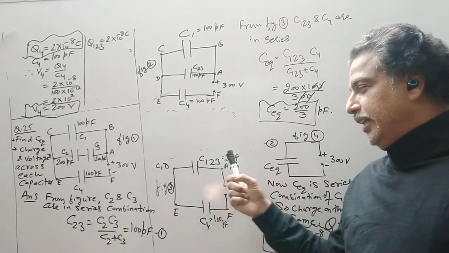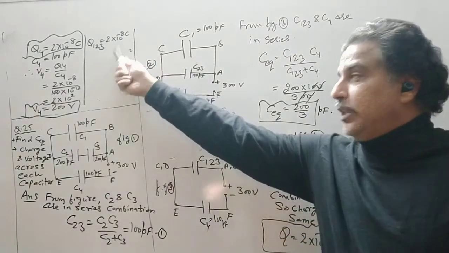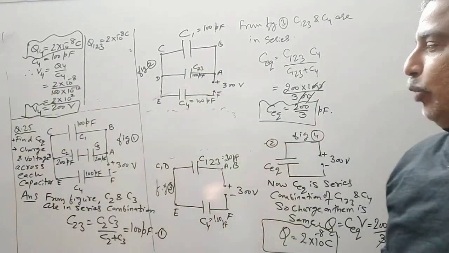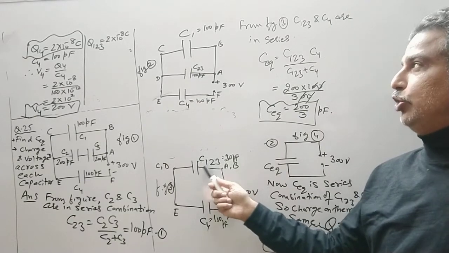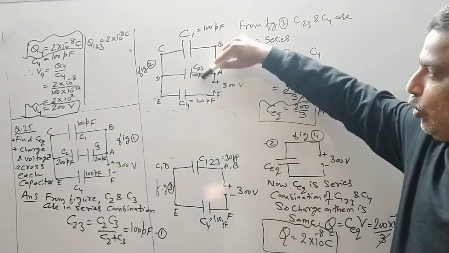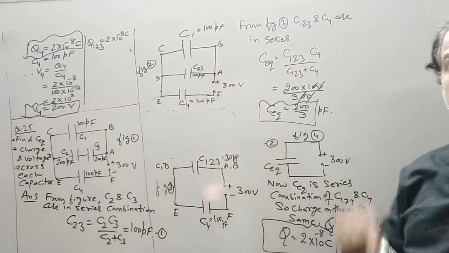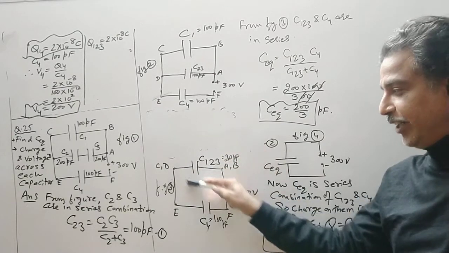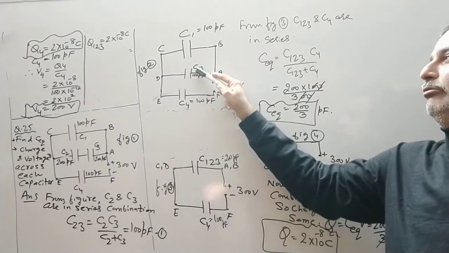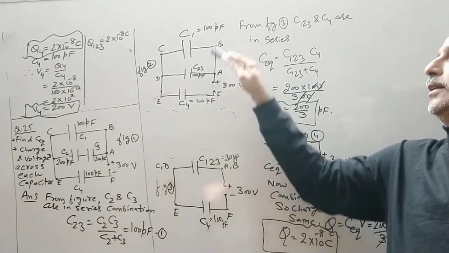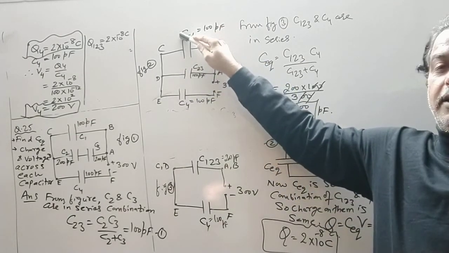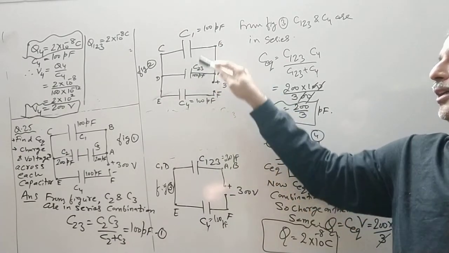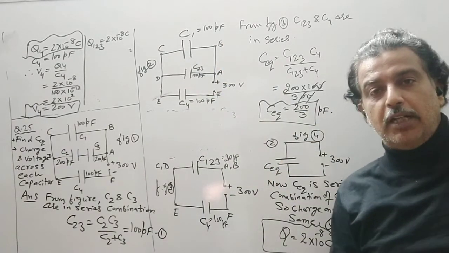So if V123 is 100 volt, Q123 is known, C123 is also known. So I move one diagram backward and I find that C123 was a parallel combination of C1 and C23. Now if the potential difference across this is 100 volt, V23 will also be 100 volt. This should also be 100 volt because this is 200. So 200, and they are in the parallel combination, so they will have 100 volt.